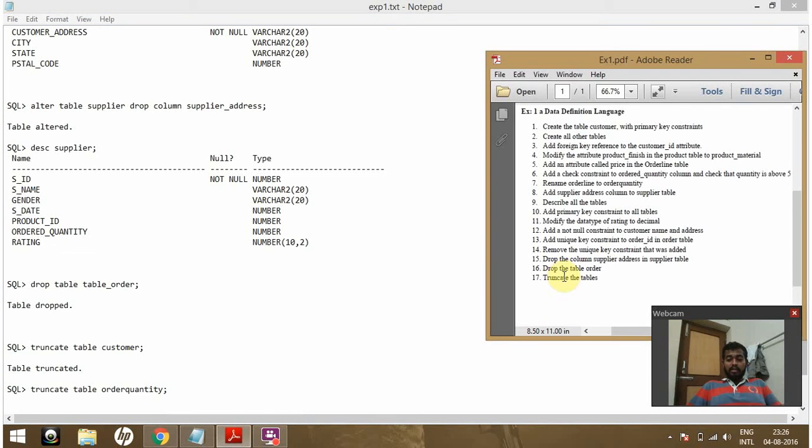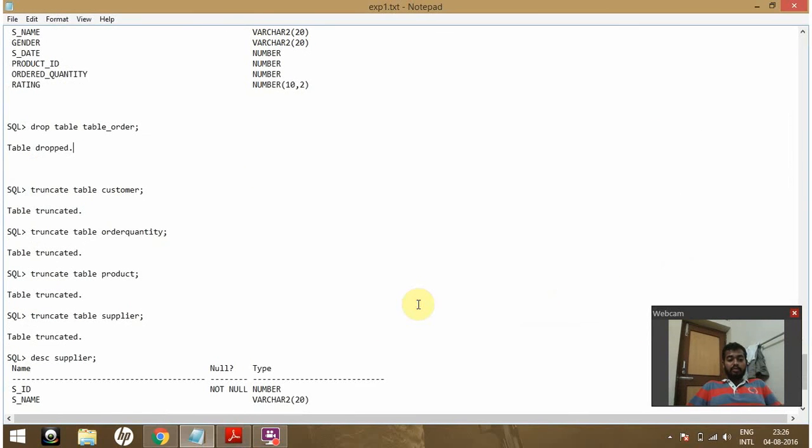And then truncate the tables. Truncating the tables means it will erase all the values in the tables. So the syntax is truncate table customer, truncate table order quantity, truncate table product, truncate table supplier. So all the tables